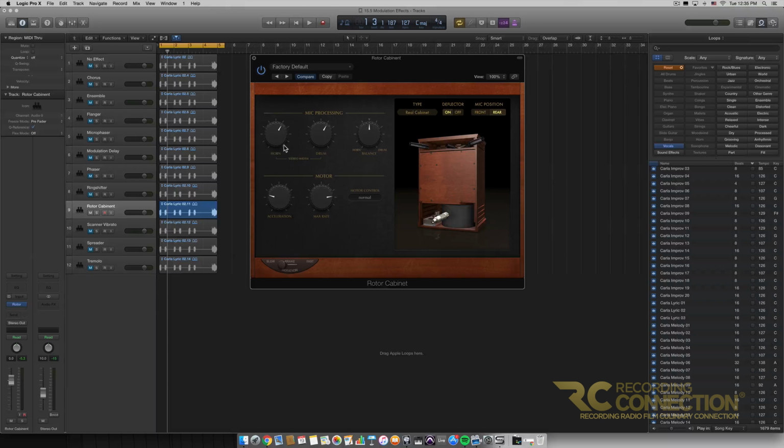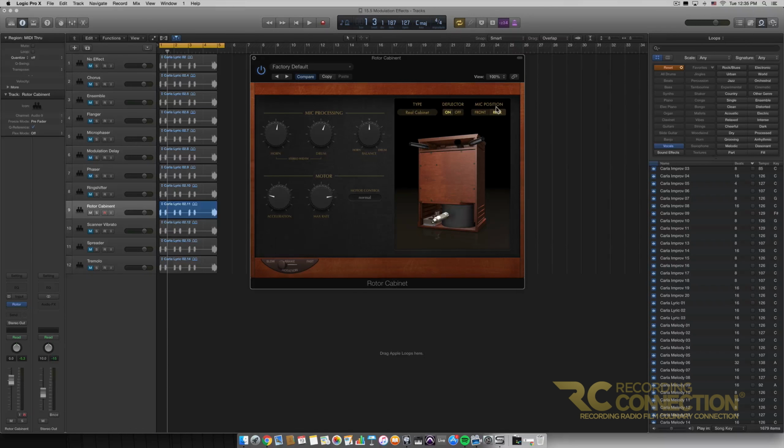So at the top, we can control our horn, which is the top mics, how far or close they are to the horns. This drum mic down here, depending on the position of the drum mic, we can change this knob. And then also we have a balance between the signals we're getting. Of course, we can change whether or not we're listening to the front or the rear of this cabinet,